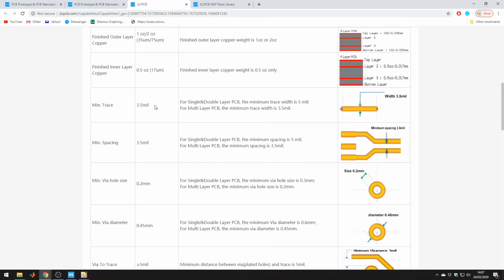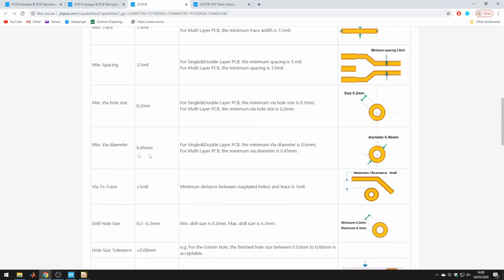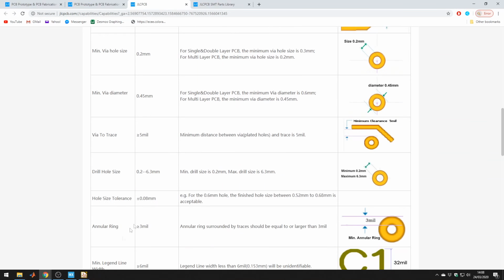So minimum trace width is 3.5 mils, but that's only for multi-layer PCB, so we're fine. For a 4-layer PCB, the minimum width is 3.5 mils, which is very, very small, and we should not be using that for this one. Again, you want to have as large traces as possible. You don't want to get close to these limits because that will be hard to manufacture. There'll be more manufacturing errors. Other stuff like minimum spacing, via size, via diameter, via to trace,